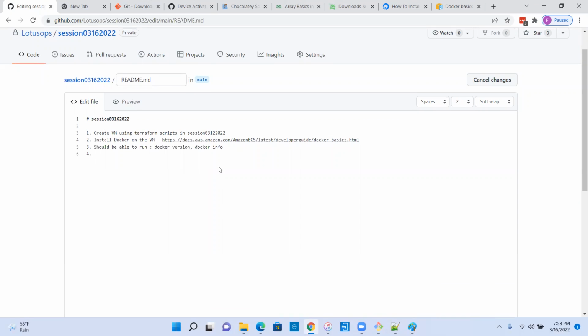So in the next session, we will talk about Docker. We will create a simple Dockerfile, work with it, create an image from the Dockerfile, create a container from the image, stop the container,